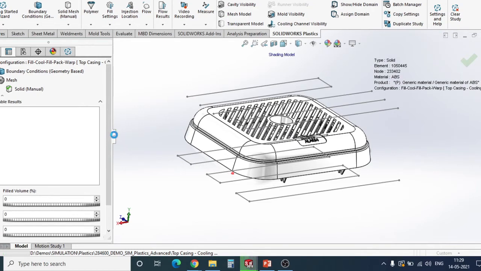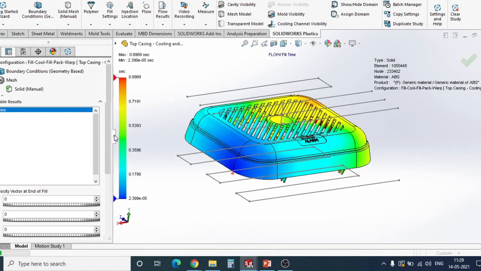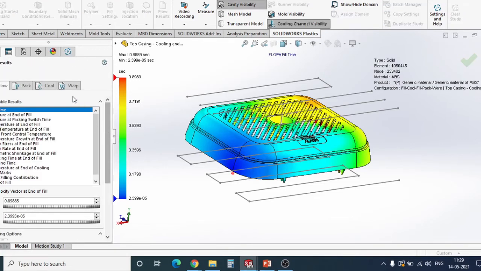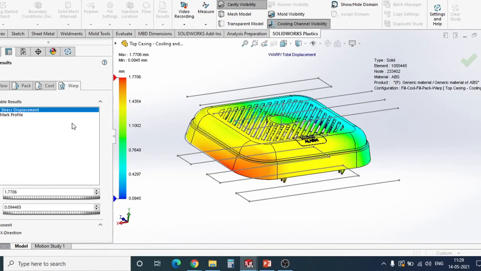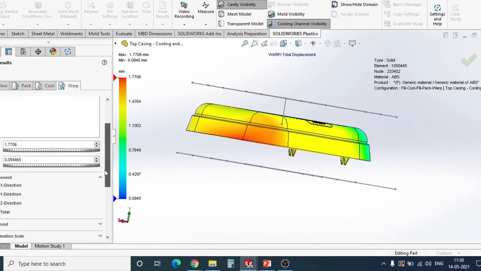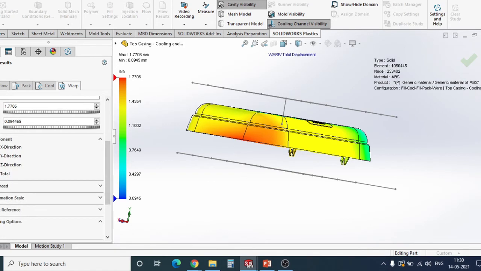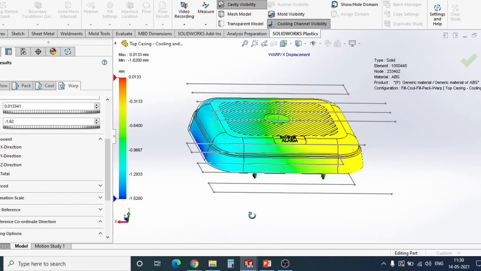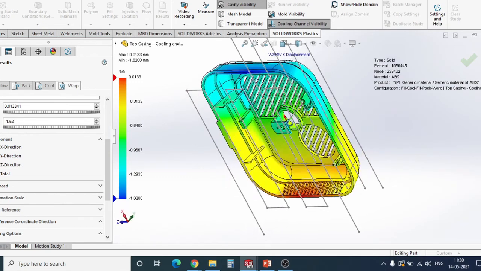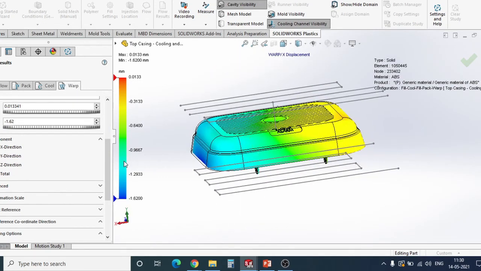And this will also help you to check the results for warpage. Correct? So if I go to the warpage, yes. So warpage is nothing but uneven shrinkage, right? The shrinkage might occur in X direction, Z direction. So you can select the component, and it will let you know that in X direction. So I'll just highlight the X. Yeah. So this is the X direction, how much warpage is coming.